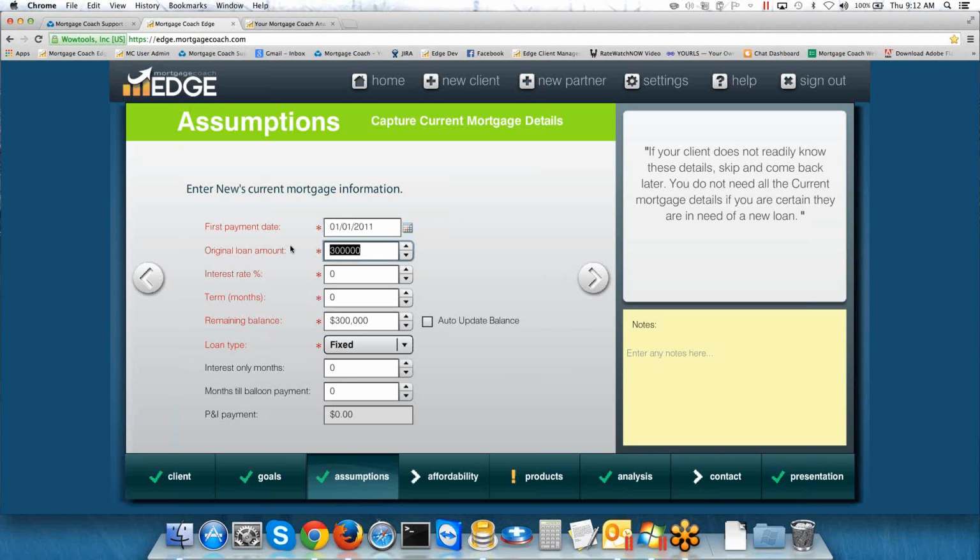Now the original loan amount, you can get this either off the credit statement if you've run credit already, or if you haven't, this should be something your client would know. What was the total amount financed when you originally took out the loan? They can also look at their mortgage statement to find that out as well. But let's say they took this out at $250,000,